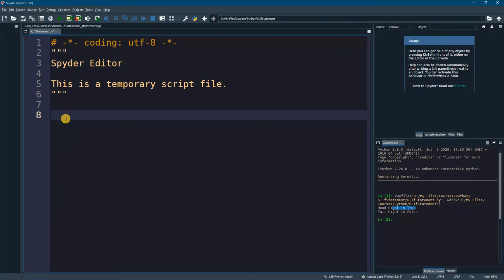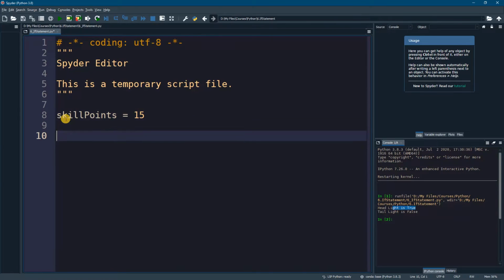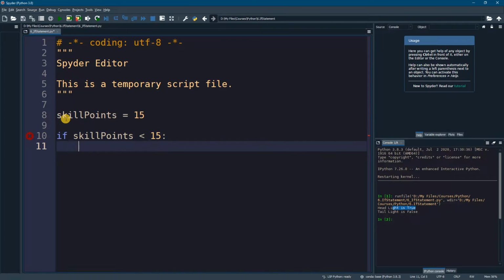Okay, so what we need to do now is to program that very simplified game. We're going to define a variable called skill points, and let's say that initially this skill points is equal to 15. Now we're going to use the if else. If skill points is less than 15, we are going to print